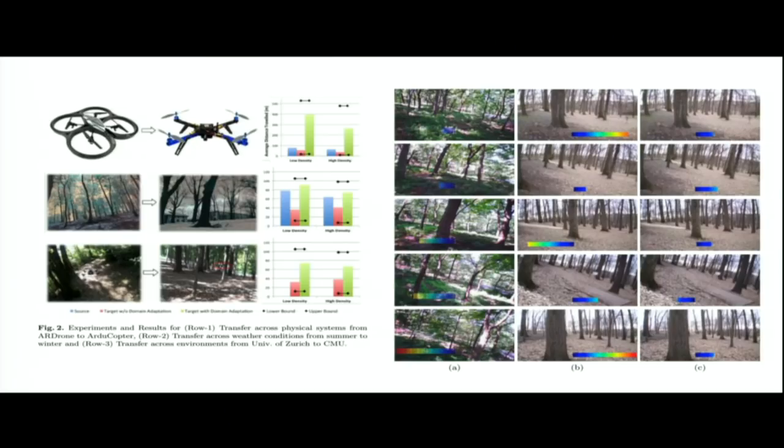Any questions about this work? Yes? Does creating an autoencoder also help with the domain shift? Does training an autoencoder also help with the domain shift? So autoencoders can be used to regularize representations, and I'll talk about that in a subsequent paper. They don't by themselves inherently reduce issues with domain shift in particular, but they can reduce some overfitting problems.